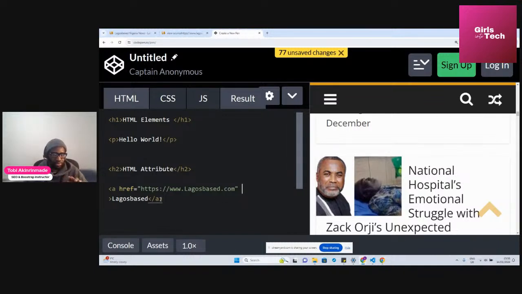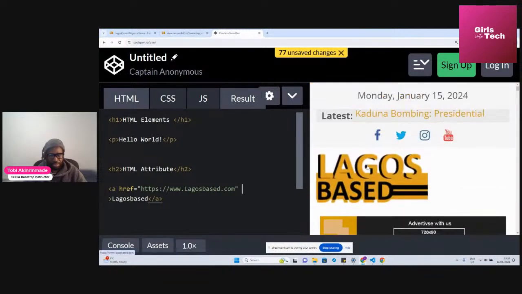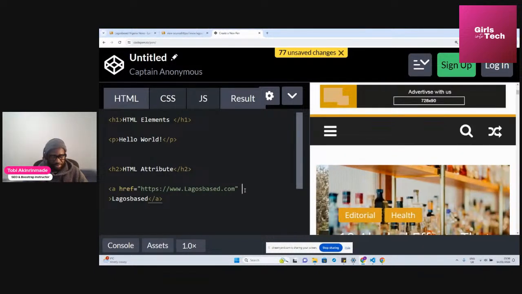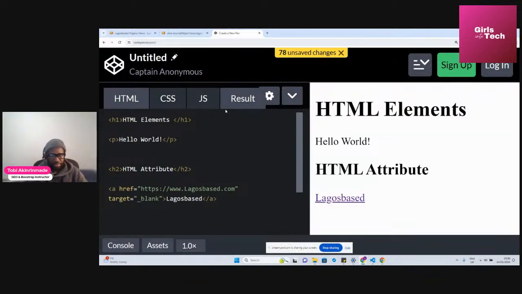So you can see what is happening right now is that I've linked this website, lagosbiz.com, on the page that we were working on. Although everything is gone now because this whole page is serving like a browser. So I clicked on the link and then the browser now is showing the website. But if I use target blank, and then I just click on